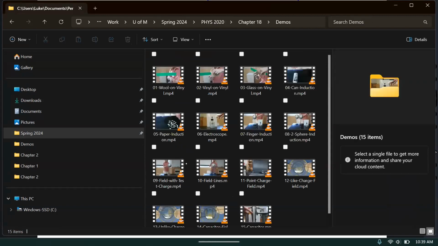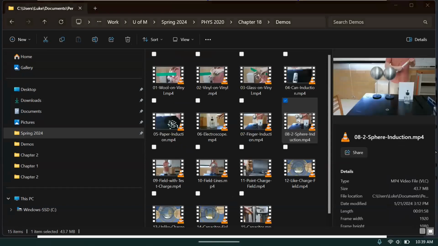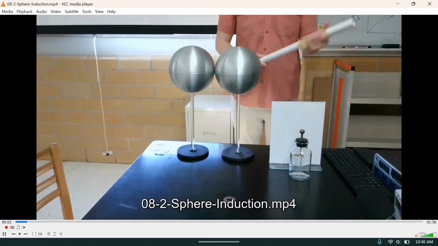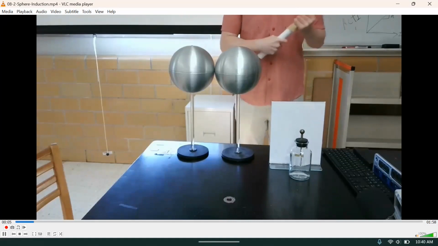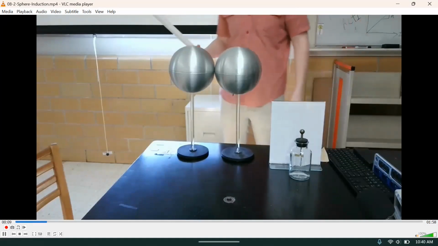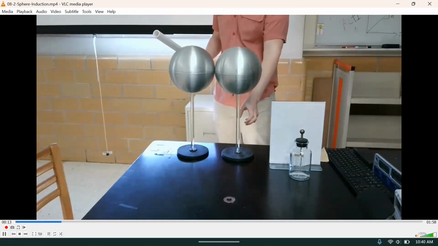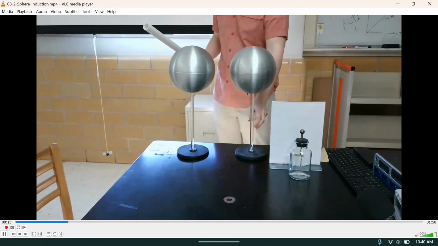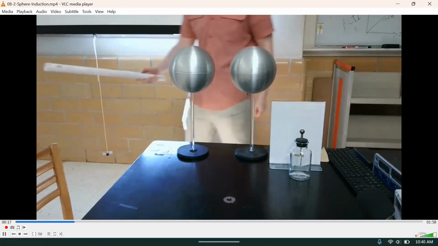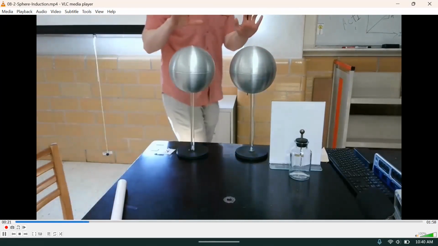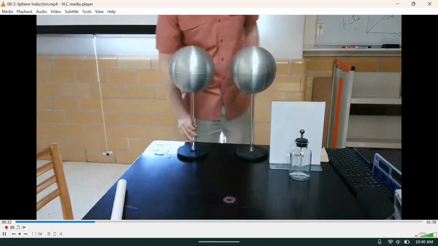Okay, so one more induction example that's just kind of neat. This is a variant on that last induction demo. I'm going to charge up my PVC. I'm going to hold it near two spherical conductors that are touching each other. And y'all can hear this, right? I'm going to scoot one away. Yes. Okay, good. And now, without even using my hands to touch the conductors,